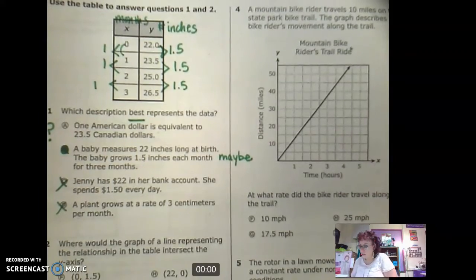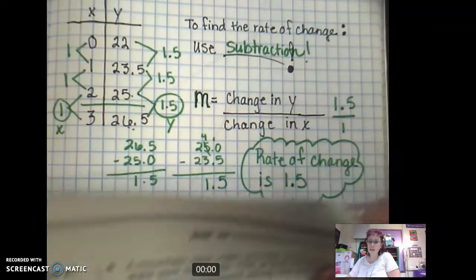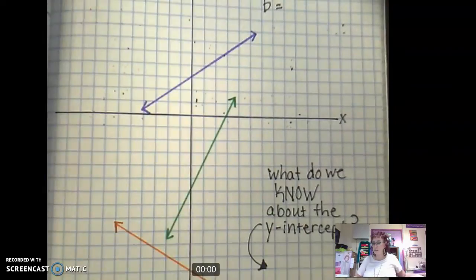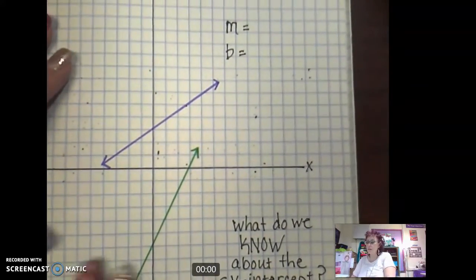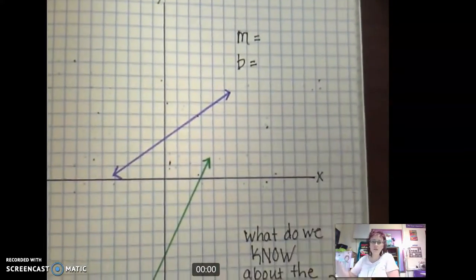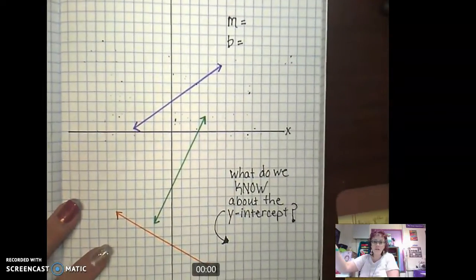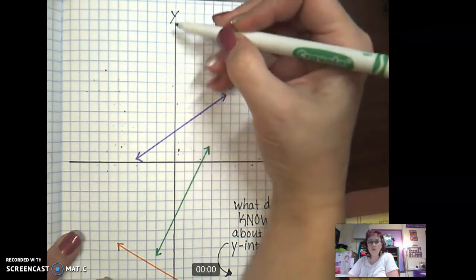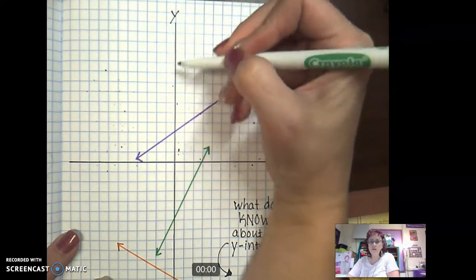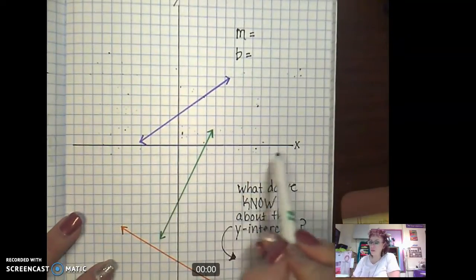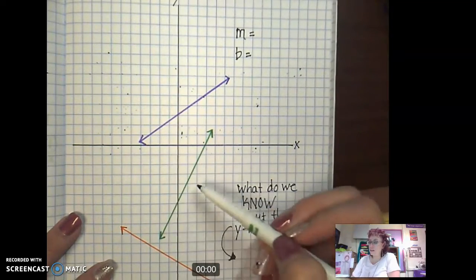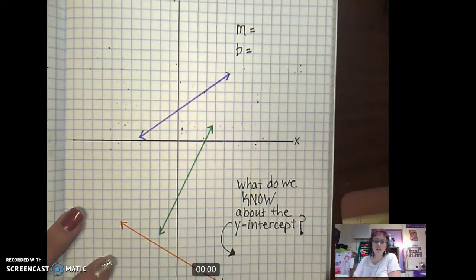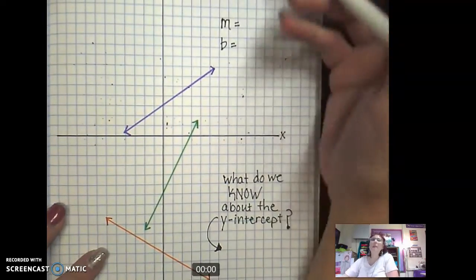Okay, let's move on. Let's take a look at these tables. Excuse me, graphs. Alright, so here I have drawn some graphs. Got an x-axis, got a y-axis. So y is vertical, x horizontal, and I have put a purple line, a green line, and an orange line on this graph. So in math,